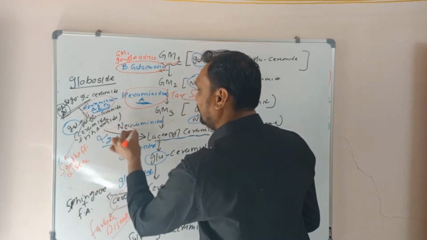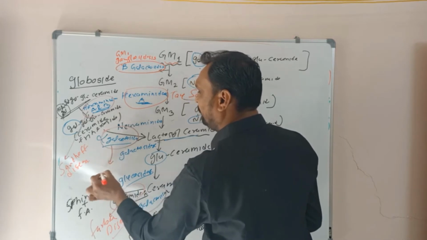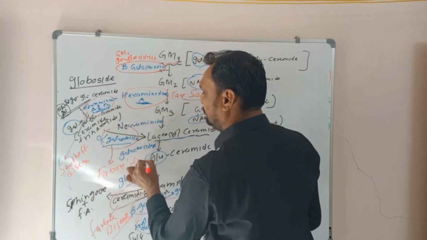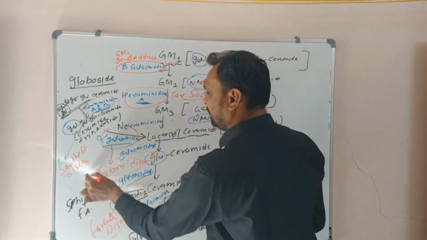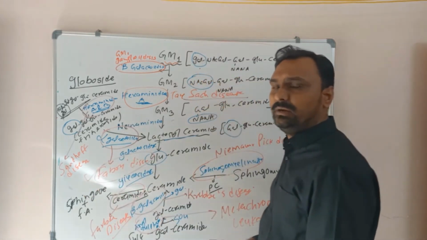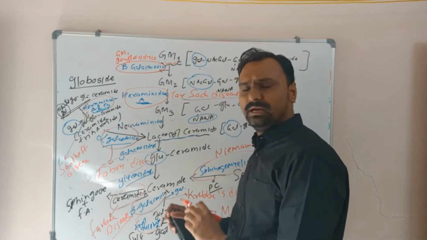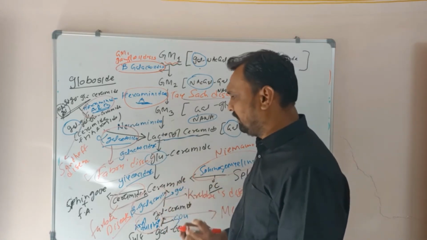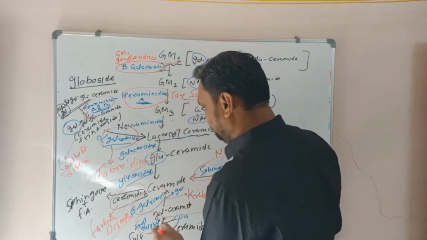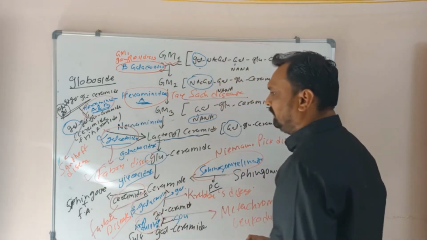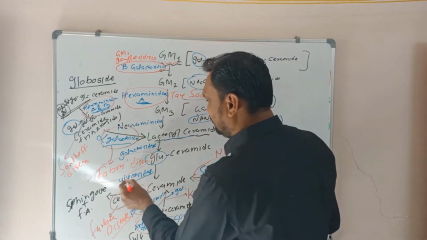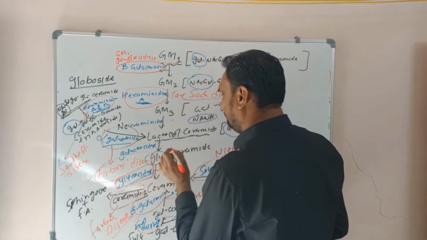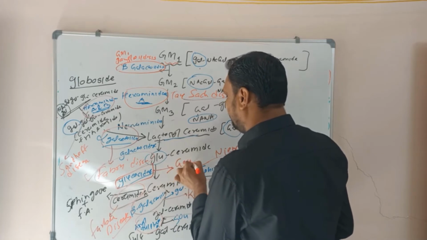And if the alpha galactosidase enzyme is deficient, it will lead to a very important disease, that is Fabry disease. This Fabry disease is very frequently asked in the USMLE exam, foreign medical graduate exam, or NEET PG exam, in the subject of pediatric medicine and biochemistry. Remember. And if the glucosidase enzyme, or glucocerebrosidase, is deficient, that will lead to